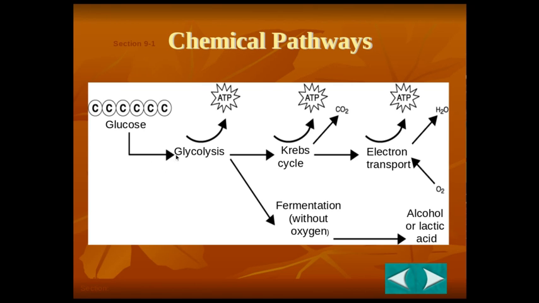This is a good diagram here, though. No ATP is made down here, right? No ATP. All right? So oxygen is present. Glycolysis makes a couple ATPs. If oxygen's there, goes to the Krebs cycle, make a couple more ATPs, and this is when CO2 is made. So CO2 gets released. And then those two ATPs push over to the electron transport chain where a lot of ATPs are made. 34 are made. And some oxygen's coming in here, and water